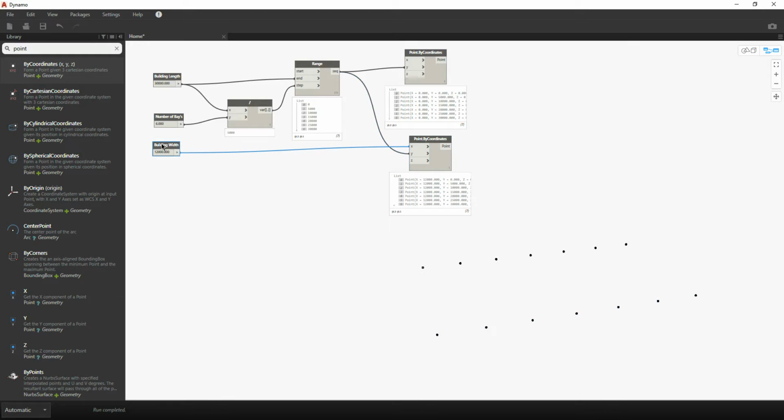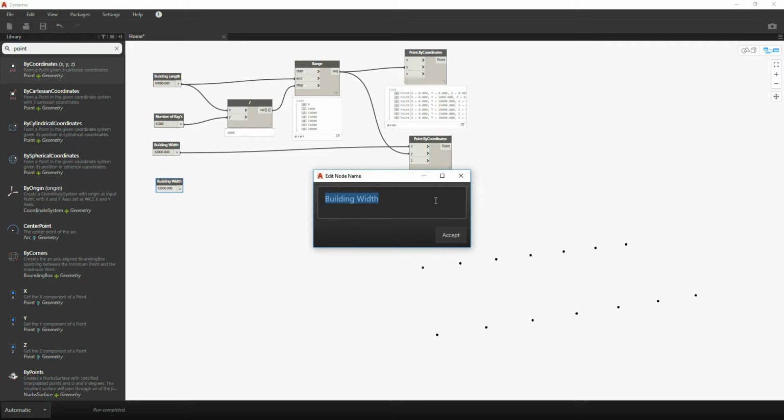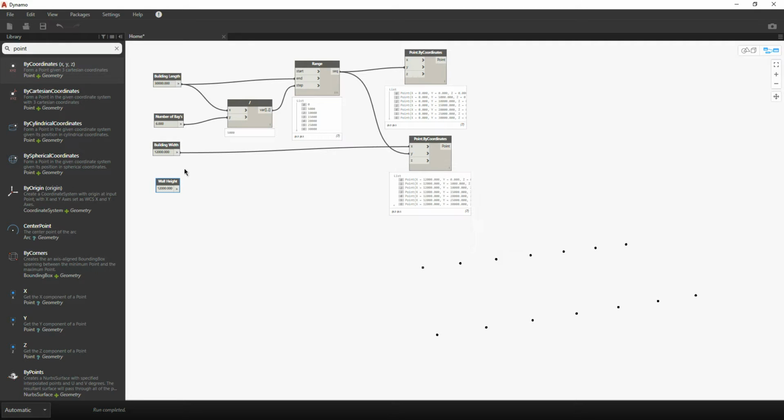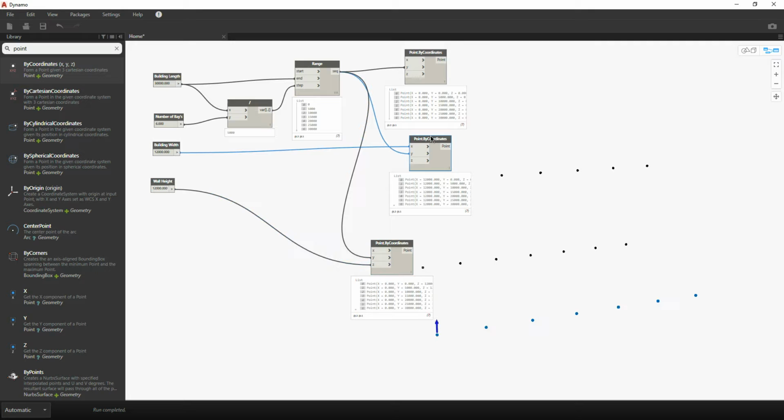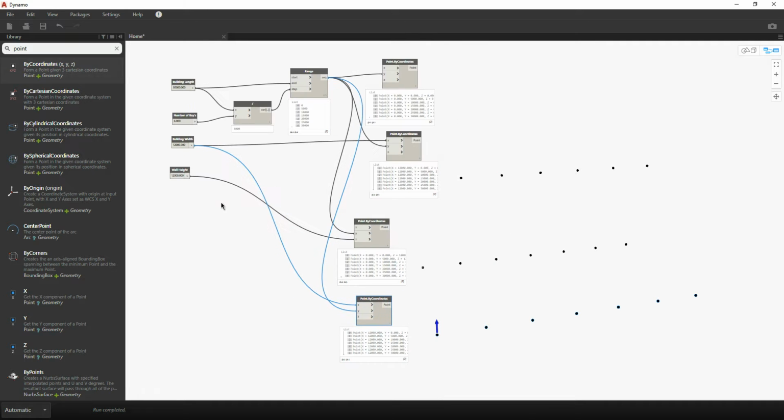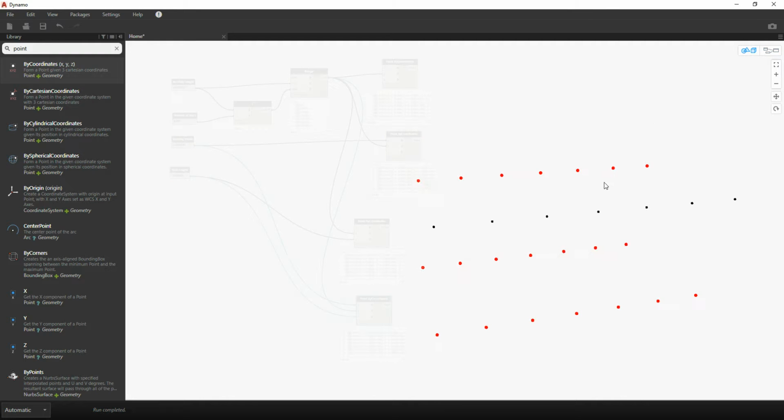So let's put in another number. I'm just going to copy paste this one again, the building width, and I'm going to call it wall height. So that's going to be the height of the columns that we're going to use. So I'm going to copy the first one again, and then I'm going to link the wall height to be 12 meters, and we're going to copy the second one. So nothing else is changing other than adding the wall height to the 12 meters. And then if we look at the actual nodes,